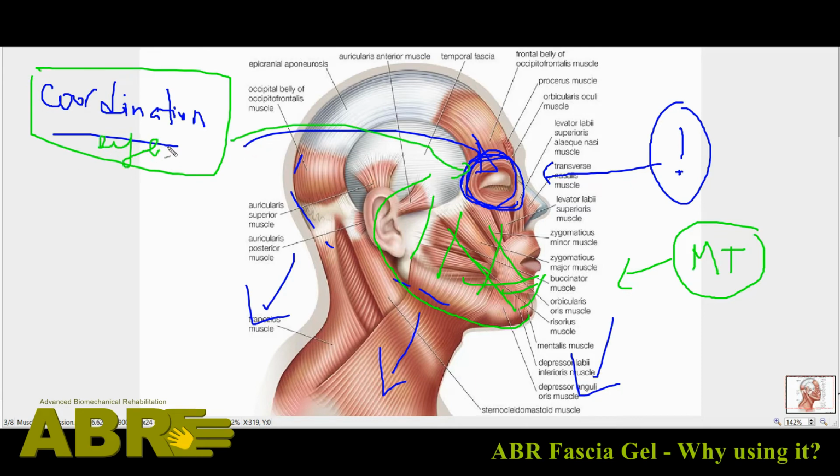So one aspect is coordination related to the orbitals and the eyes, right? So that's one reason why the facial changes are so important. And the other one, that's number one, then the other one will be the mimic muscles